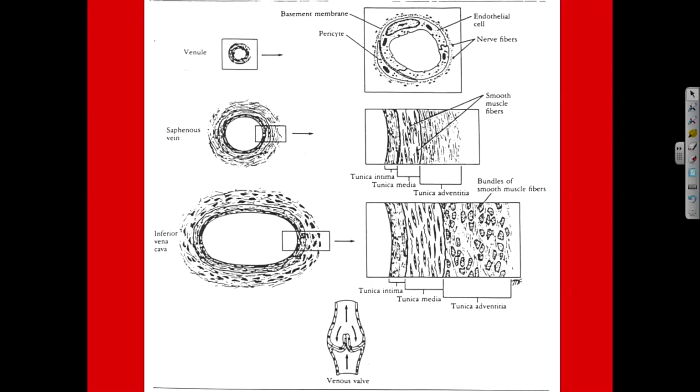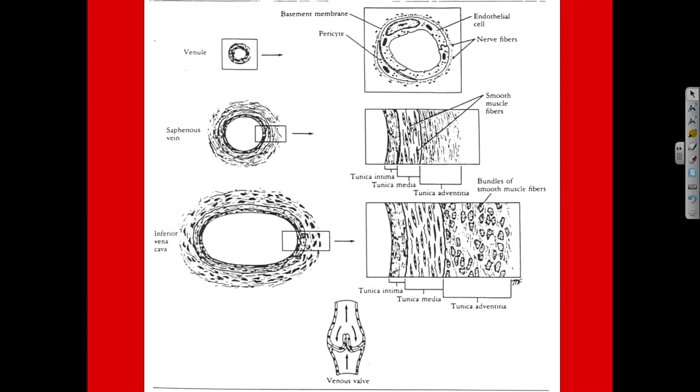So we looked at the structure of arteries. Veins have those 3 layers, the intima, media, adventitia, but the media and adventitia vary in thickness. So the intima looks the same. We've got an internal layer of endothelial cells and an internal elastic lamina, sometimes not very prominent depending upon the size of the vein. And then we have a tunica media that may or may not be present depending upon the size of the venule or the vein. Okay, not all veins will have a tunica media. You may not see one at all. What you will see in veins is the tunica adventitia, the connective tissue layer, which is by far the thickest